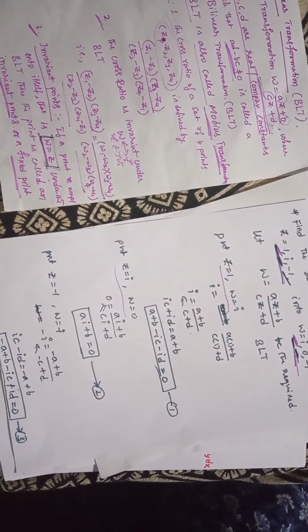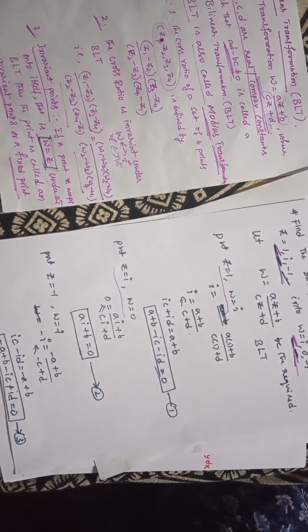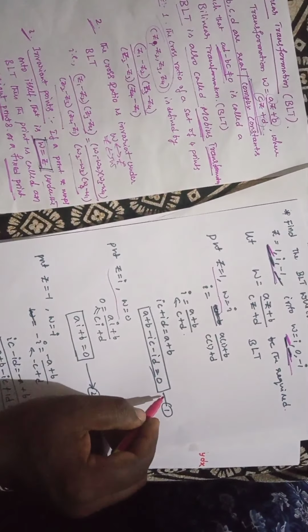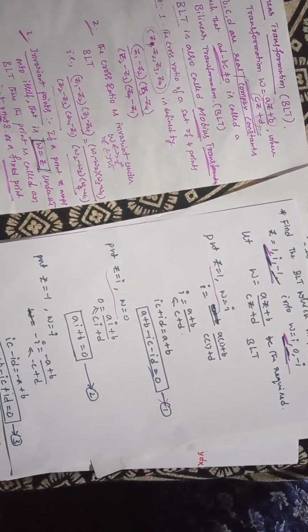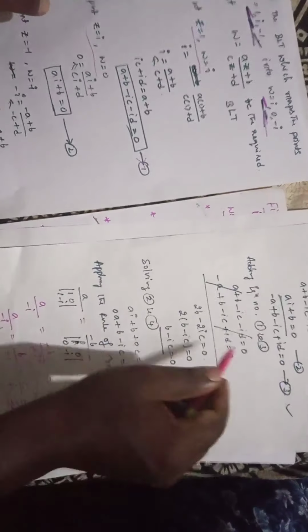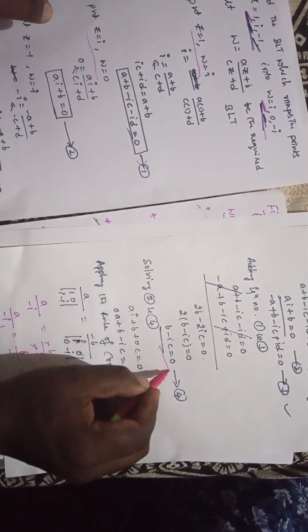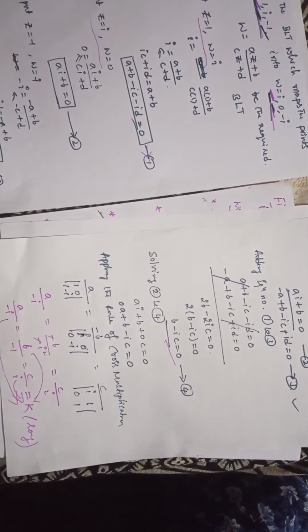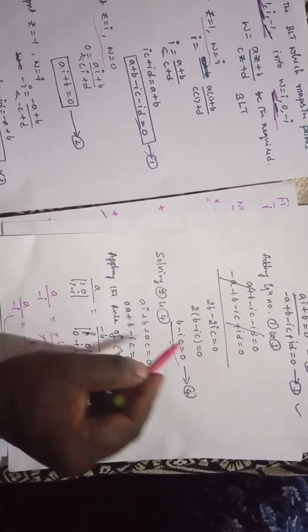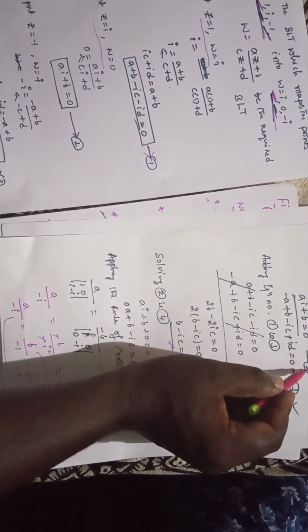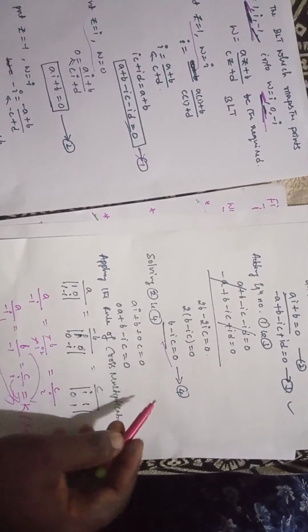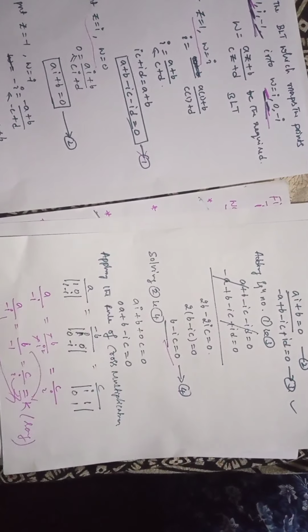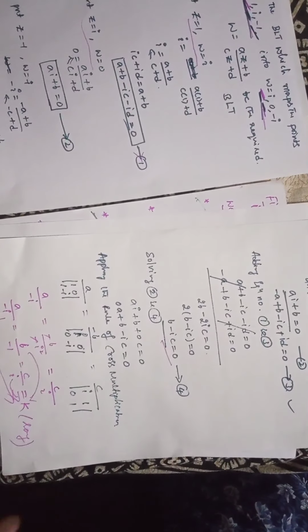Here a, b, c, d are the unknowns. We have 4 unknowns in equations 1 and 3. We have to solve that. Adding 1 and 3, we will get another equation, so it will reduce the unknowns from 4 to 2. We have 2 unknowns in equation number 2. Using 2 and 4, applying the rule of cross multiplication, we will get the 3 variables.